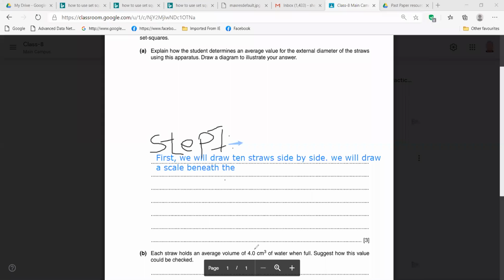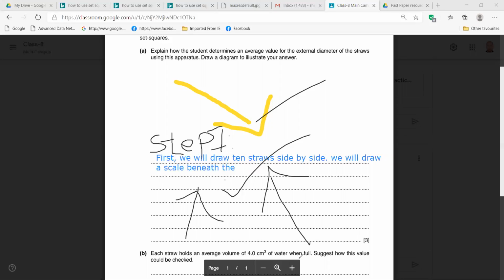First, we will draw 10 straws side by side. We will draw a scale beneath the straws. We need the scale beneath the straws. We will keep 10 straws side by side, and place them with squares. Then